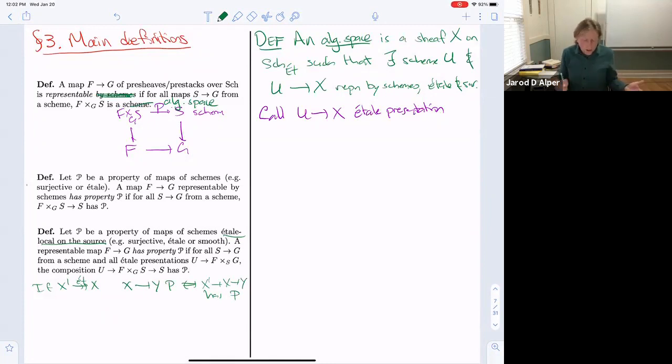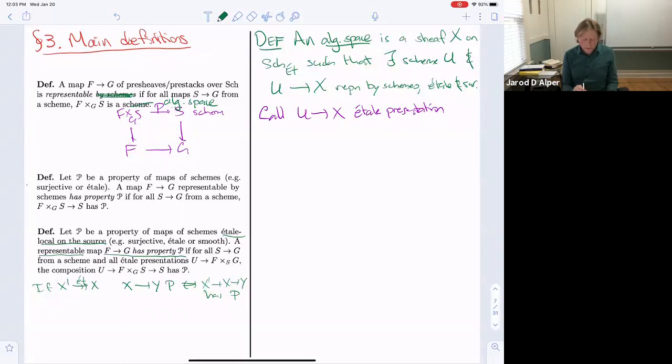And so if you have that property, just because algebraic spaces are defined as having an étale presentation by a scheme, we can therefore define it for a representable map. So if you take a representable map F to G, you say it has property P